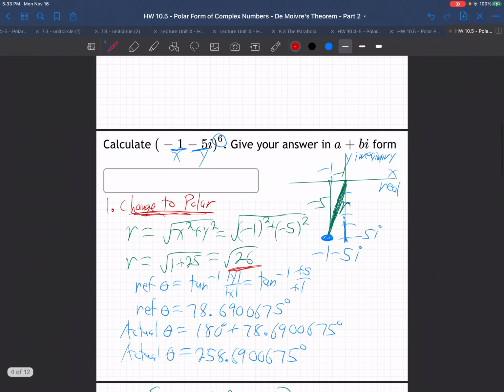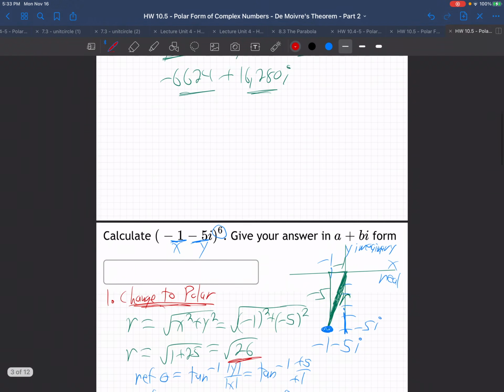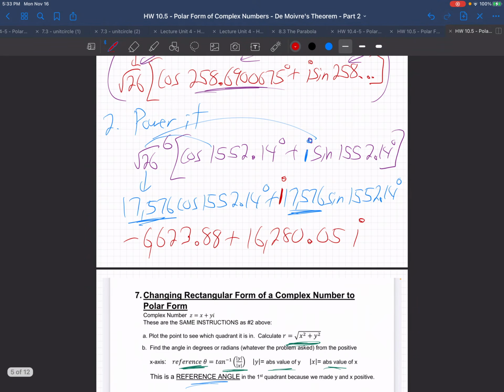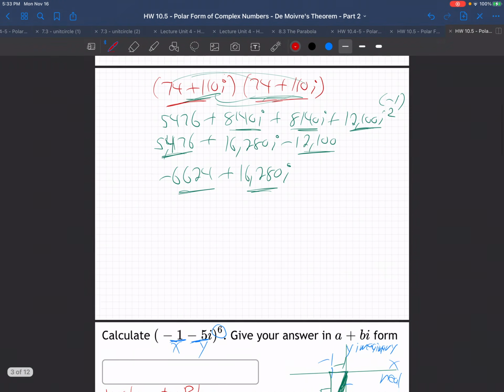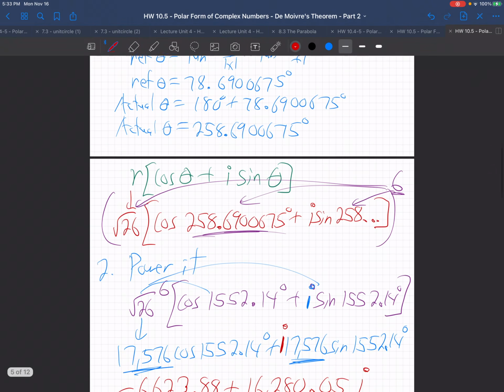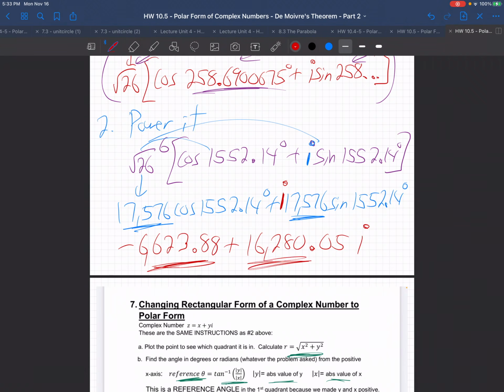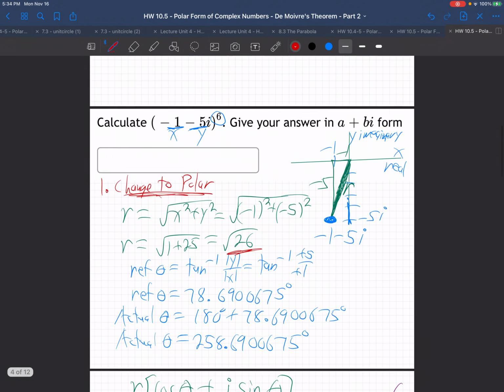Now, how did it come out compared to the other one we got? 6623.88 and 16,280. So it came out very close. Because of our rounding, it did not come out exactly right. So really we should round those to the nearest whole number. So that would round to minus 6624, and that would round to 16,280, and that's the exact same answer I